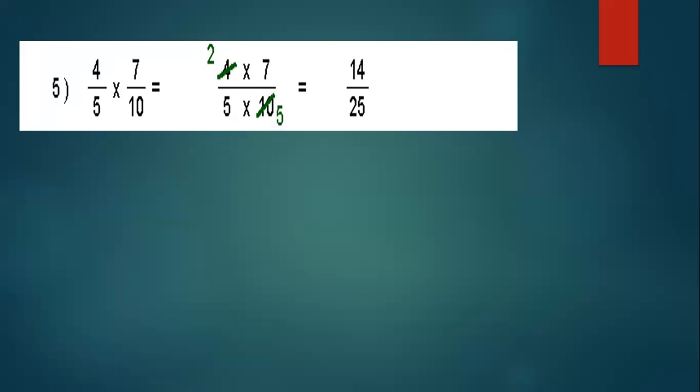All right. Let's have a few more questions. Suppose I have 4 by 5 multiplied by 7 by 10. Again, I can't cancel out 5 and 10 because they both are in denominators. Now, children, 7 and 5 can't be cancelled out. They both are prime numbers. 4 and 10 are both divisible by 2. So we'll write in 2's table, 4 comes 2 times, 10 comes 5 times. So we are left with 2 multiplied by 7, 14, and 5 multiplied by